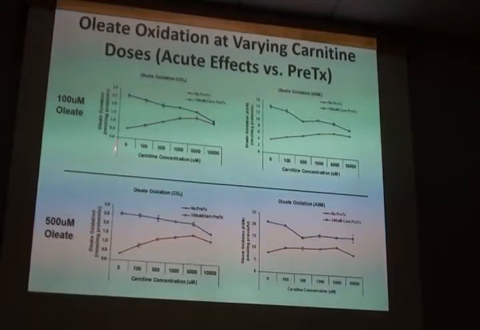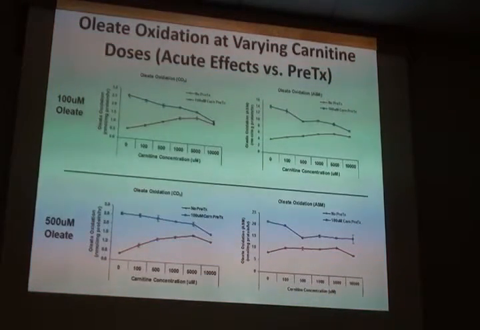So what people typically do is they grow their cells, and then when they do the actual incubation to measure fatty acid oxidation, they put in a certain amount of carnitine, usually 0.5 to 1 millimolar carnitine acutely. So what you see is that that's not really even maxing out the rates at 100 micromolar, let alone 500 micromolar